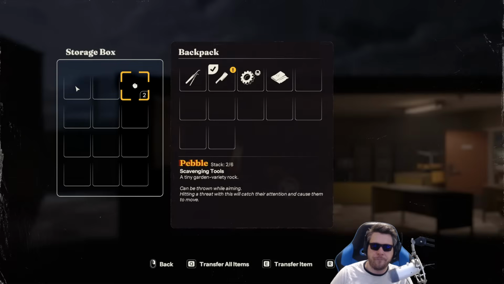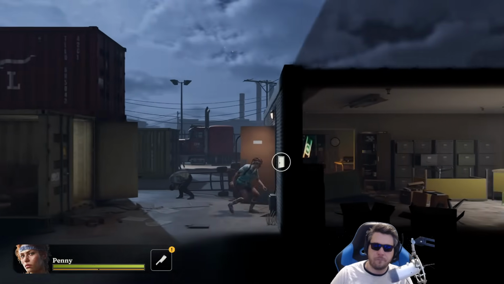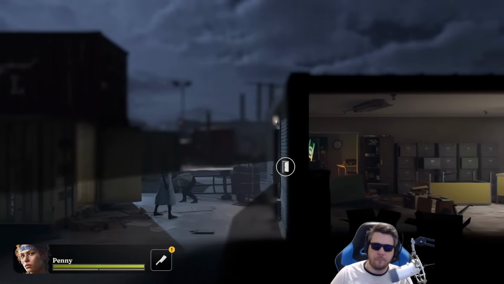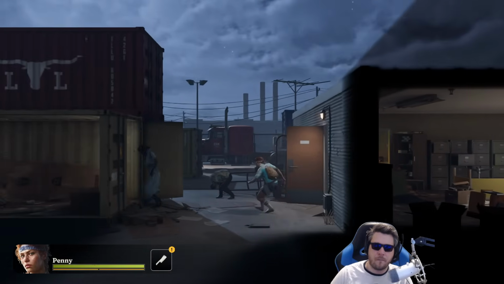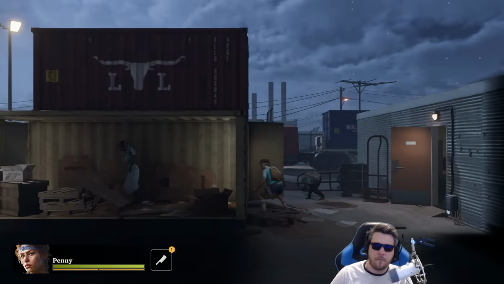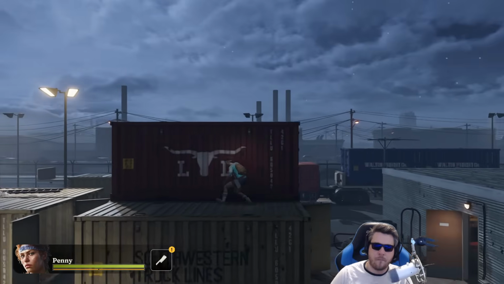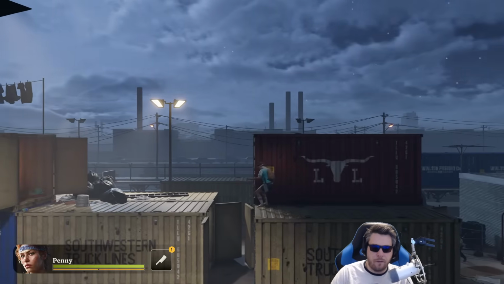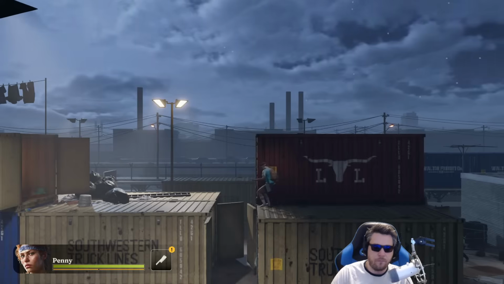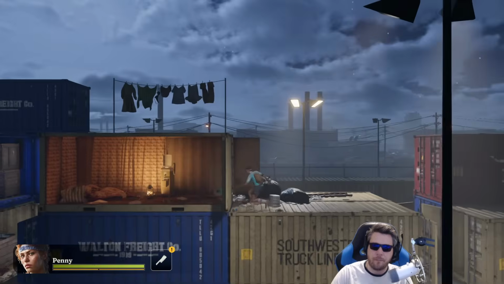A pebble. I should have brought bricks. Oh, oh, oh. All right, I want to see if I can... Is there a way to make a quiet jump between these two? No, you have to kind of be running. So jumping's not completely silent, but...